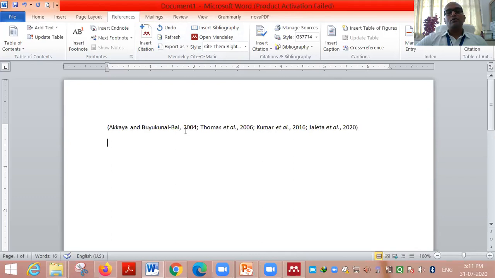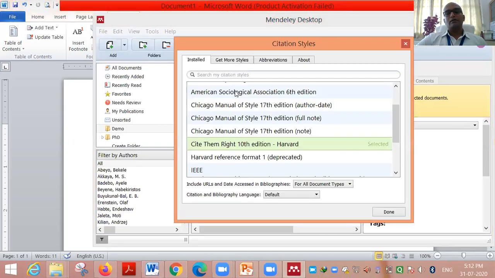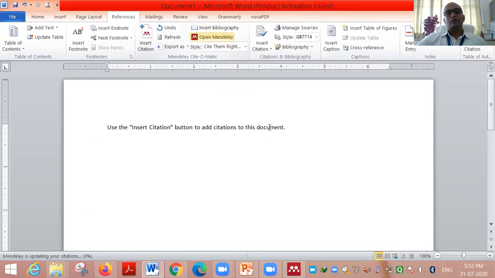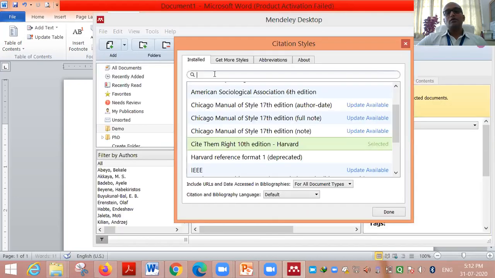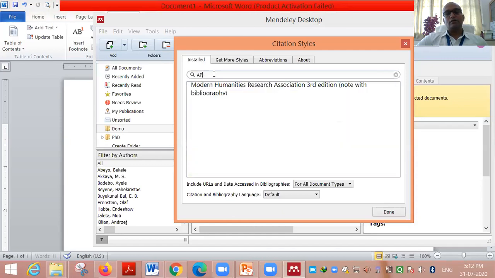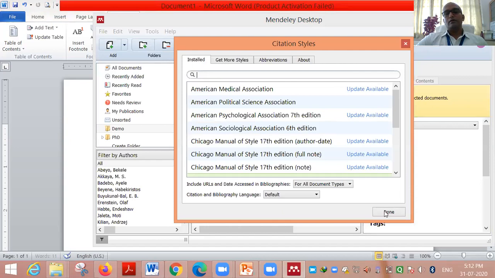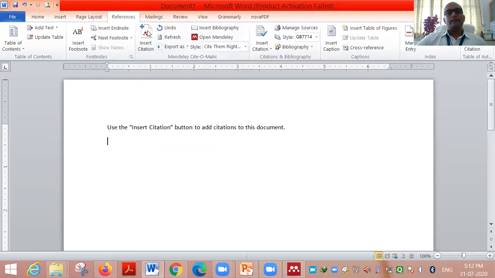Now you want to create a reference list out of all these research papers. So how to do that? You have to click on insert bibliography. Then you have to again open the Mendeley software. You can choose the type of citation you want. You can click any kind of citation pattern. Then go here,